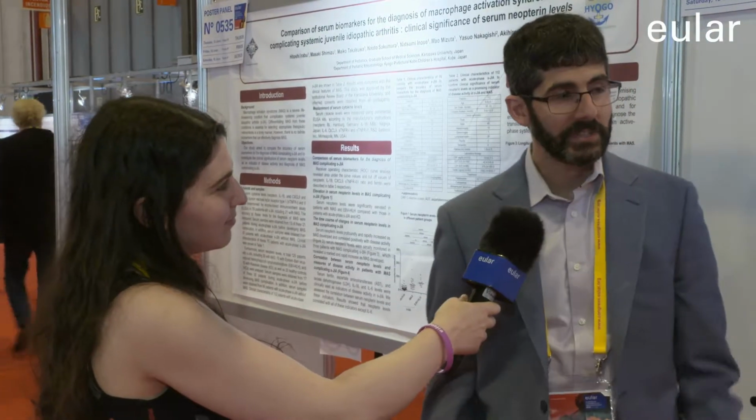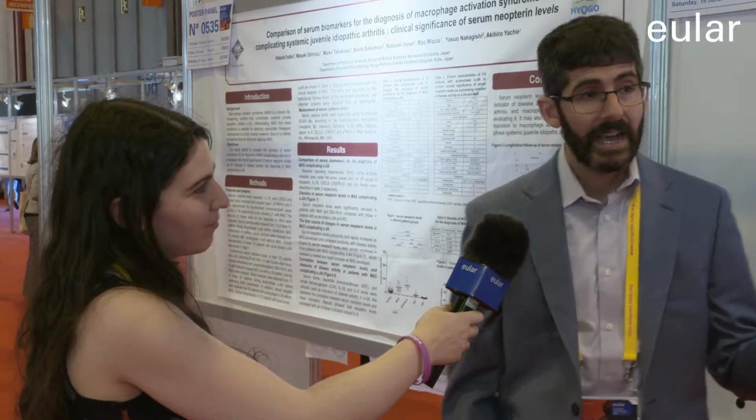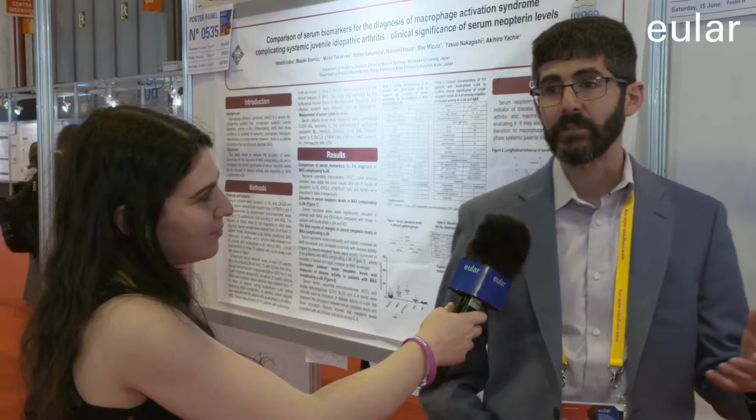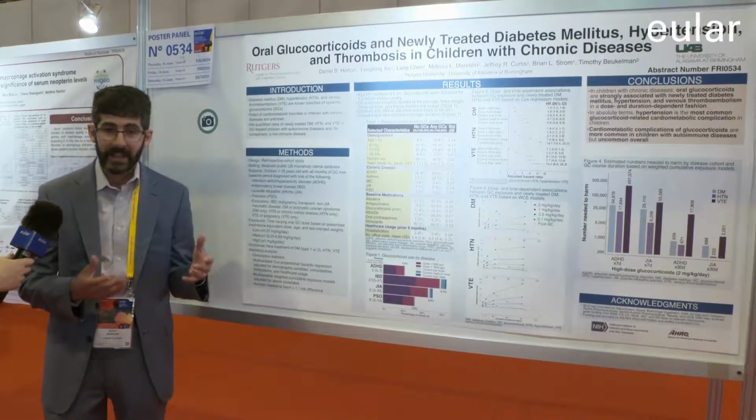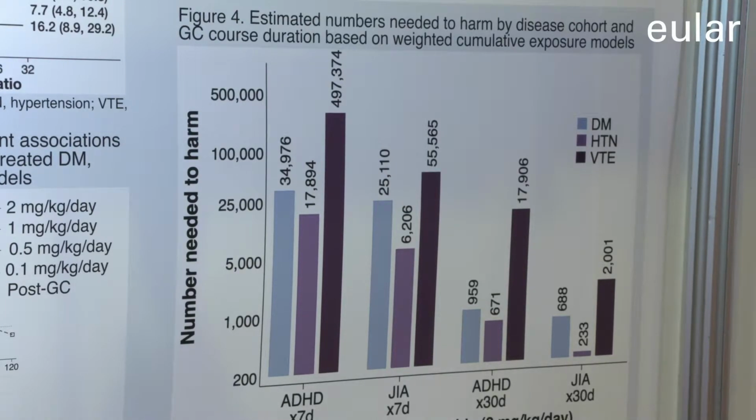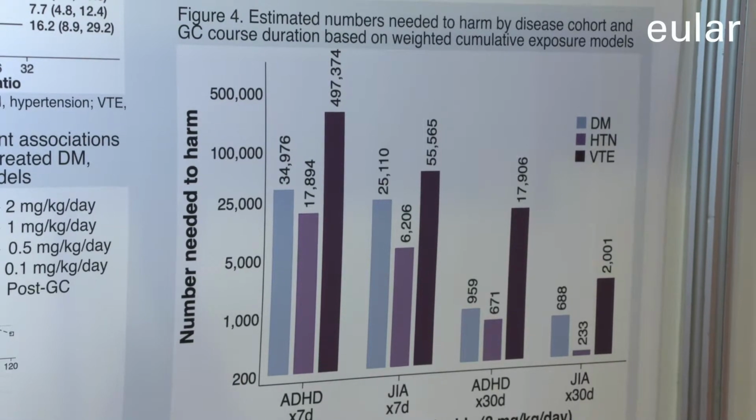That's really interesting. And I see that you're looking at the risks of steroids in terms of diabetes and hypertension and thrombosis here. How do we know that it's the steroids that are causing these, and these children weren't just going to suffer from these conditions anyway? Yeah, it's always an important question when we look at observational data like this. We looked at a number of different factors that are related both to the chance of getting steroids and the chance of getting one of these complications, and we call these confounders. And we adjusted for these confounders to try to identify as best we could the effect of steroids, and then looking in more detail to see how steroid dose and duration related to these outcomes.